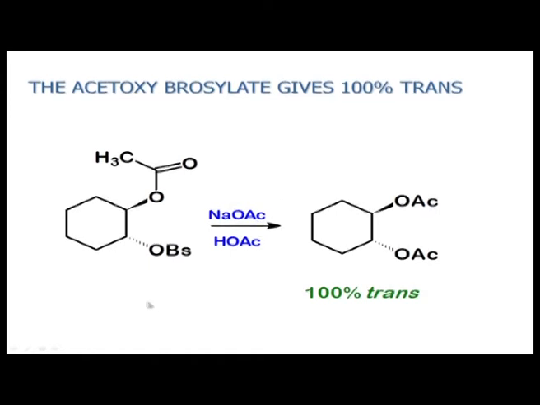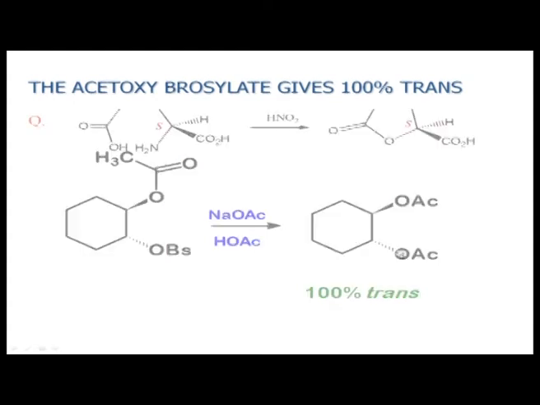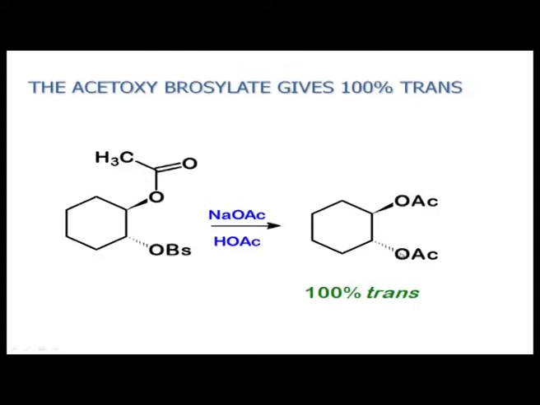Now, in theory sodium acetate should approach from the top side and do an SN2 reaction to force this to go out, and the acetate should have been beta, but you see the product is here, the acetate retains its configuration whatever was there, and this acetate also retains the same configuration as the brosylate had. Okay. So, it is also now alpha, and the mechanism of this I can write down.